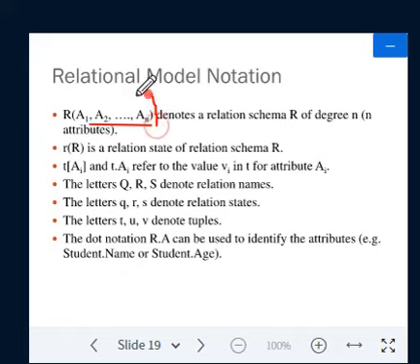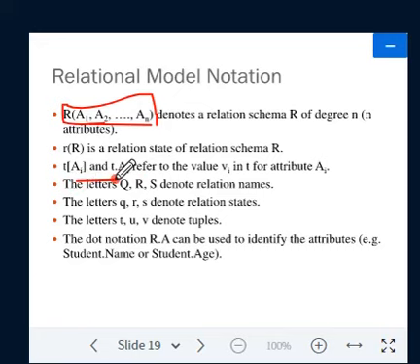So this is the way we represent a relation. You can also use S(T1, T2, T3), R(A1, A2, A3), S(A1, A2, A3). Like this, we can represent the relation schema.